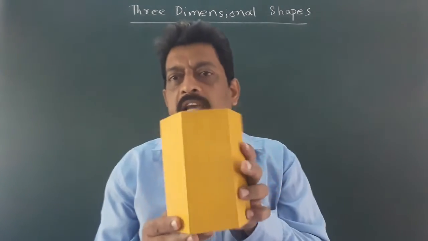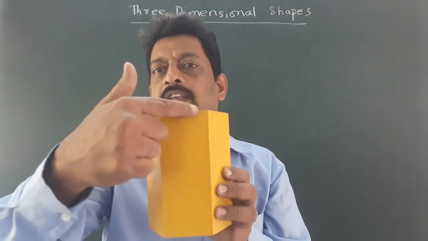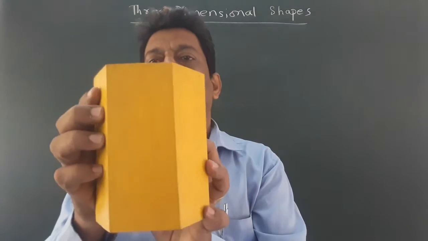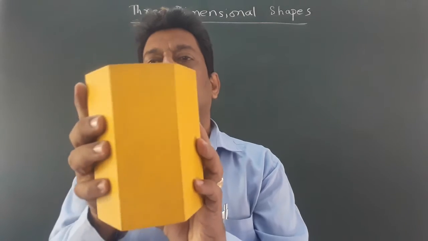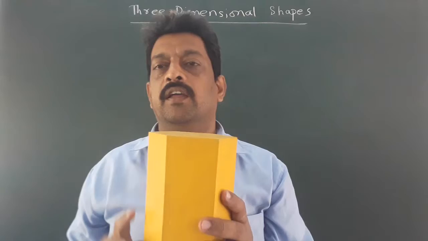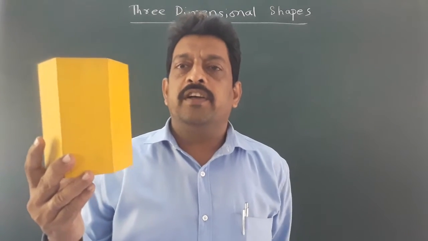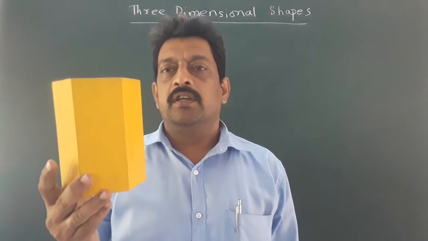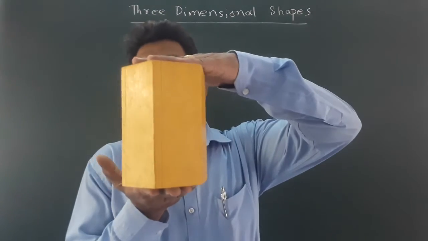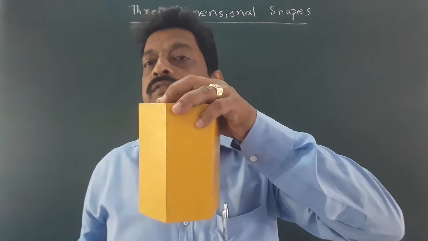And what about the side faces? See the side faces, all the side faces are rectangles. See this one, this is also a rectangle, this one a rectangle, this one a rectangle, this one a rectangle. All the 6 side faces are rectangles. So what is a prism? A prism is a 3-dimensional figure or a solid figure in which the faces are plane parallel polygons, these 2 faces, and the side faces are rectangles.